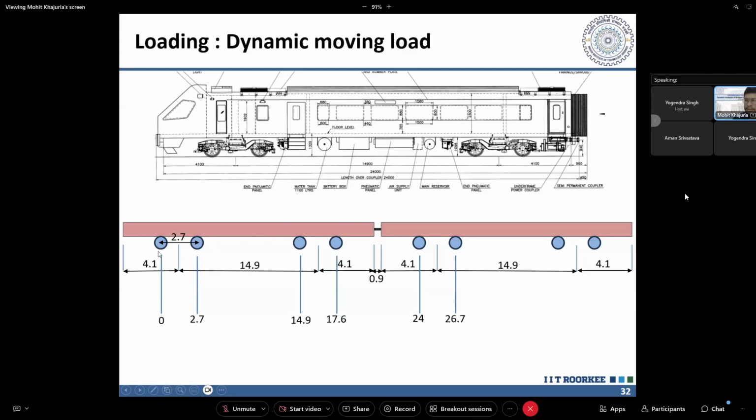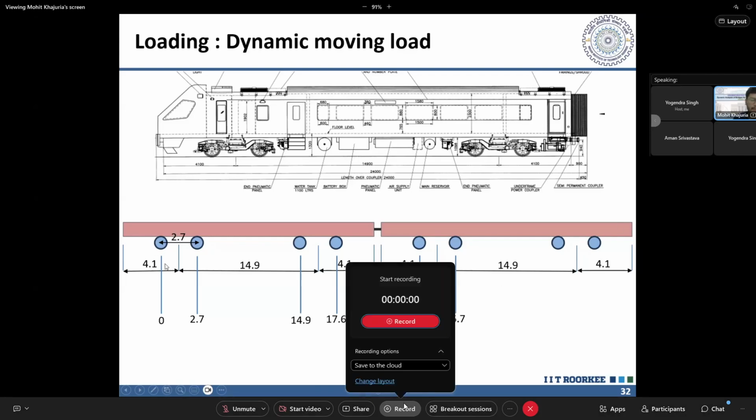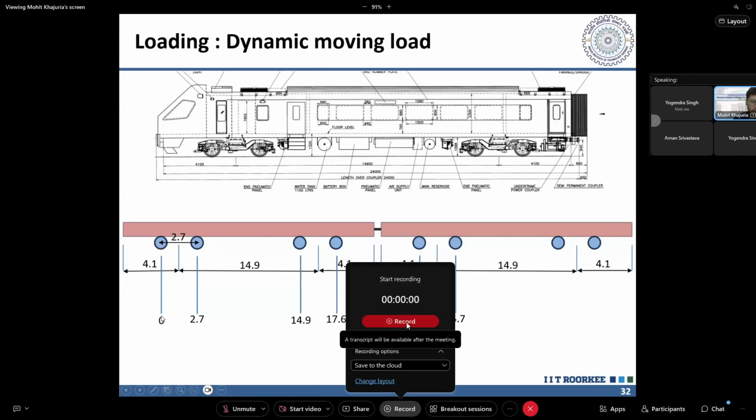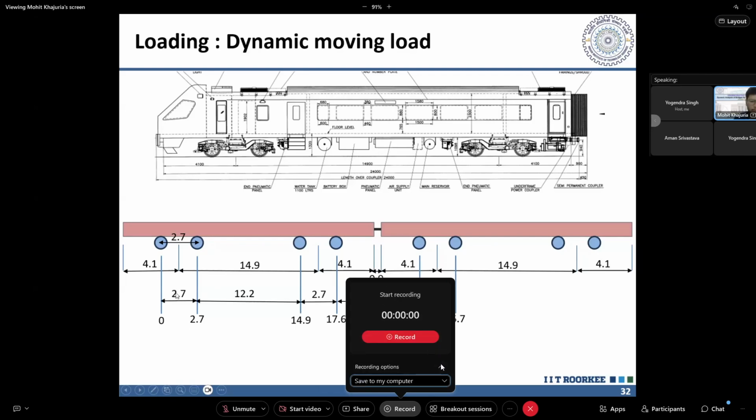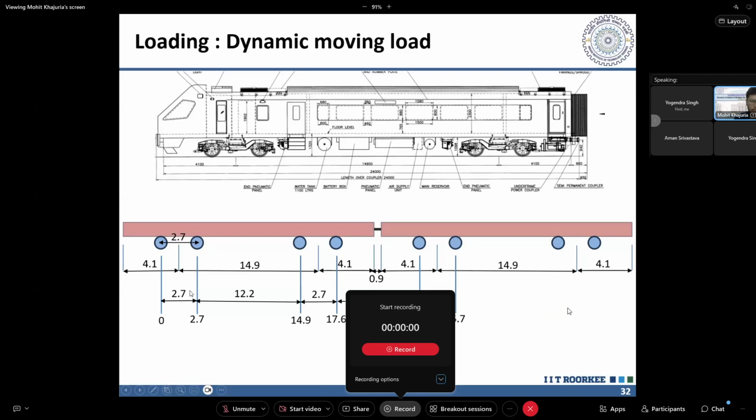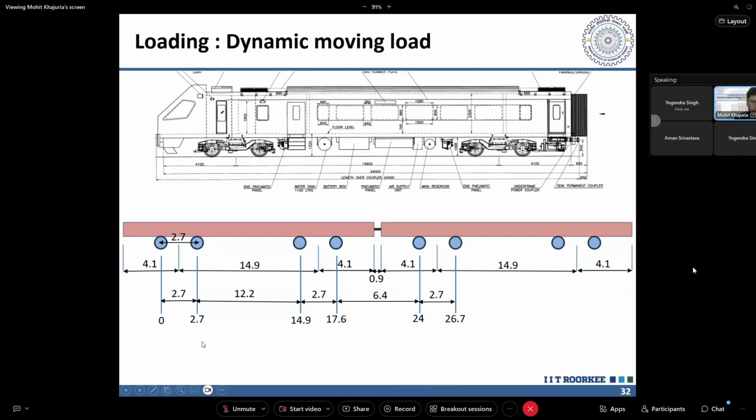That first vehicle enters at the first vehicle, it is at 0 location, and the location of the rest of the vehicles is the distance between them. So we have just the second vehicle as 2.7 from the first, and then the third you have to enter from the second. So the third wheel is at a distance of 12.2 from the second wheel. So in a similar fashion, you have to just calculate these values for